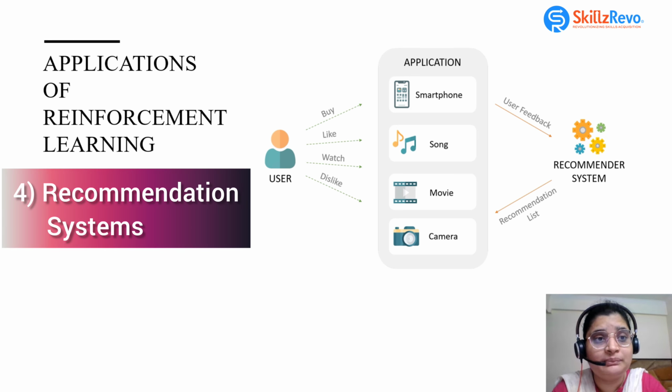Lastly, we have the recommendation systems of today. Reinforcement learning enhances these recommendation systems by enabling them to learn from user interactions and adapt to their preferences over time. It might be possible that a person is interested in watching romantic movies today, and tomorrow, or maybe some months later, the person stops watching romantic movies and starts watching comedy movies. So, this reinforcement learning algorithm will be capable of understanding the change in interest or the change in preferences over time.